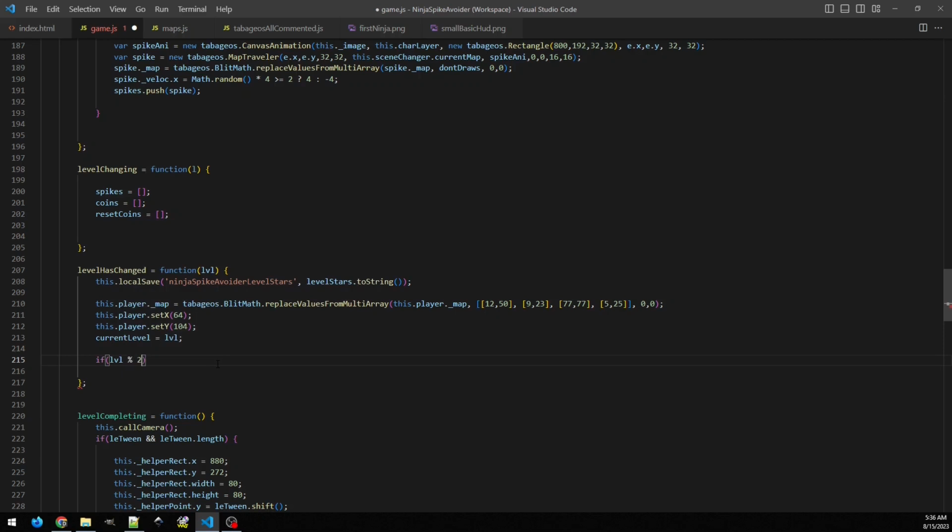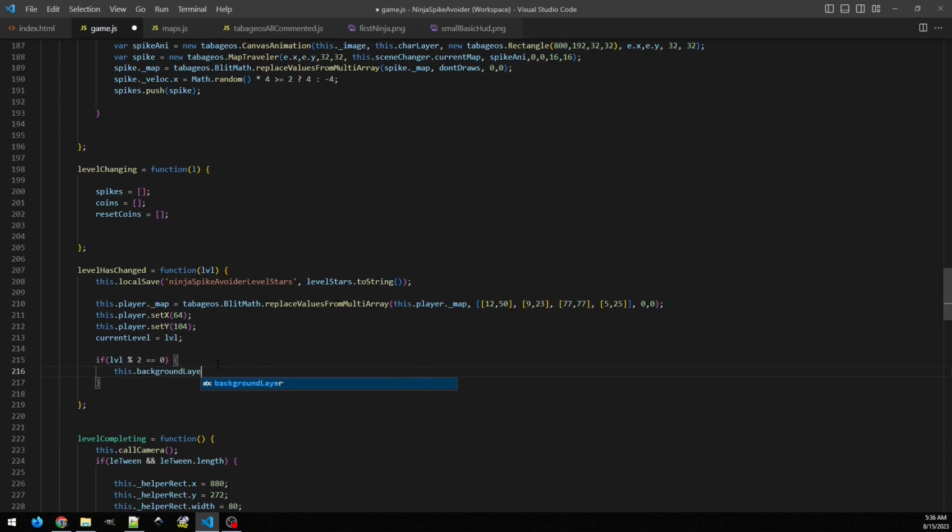So if level is a multiple of 2, then let's say, yeah, because I know the first level that we needed it on to look different is level 3. So we'll just say if level is a multiple of 3. This is saying if level divided by 3 has no remainder. Right, so if it's a multiple of 3, we're going to copy from